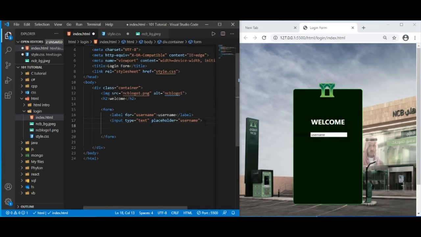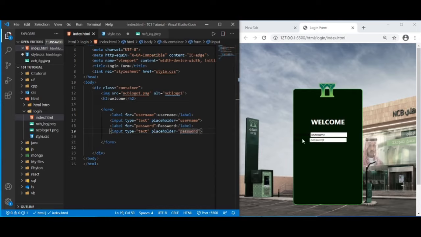Okay, next we'll put another label. This label is for password, and we will name it password. Okay, save it. So password is there. Later on we'll color it, and another input. No, not button. Password. So type. What type? It's text type. Okay, and placeholder password. Okay, so we have two labels and two input text boxes. So let's go to our